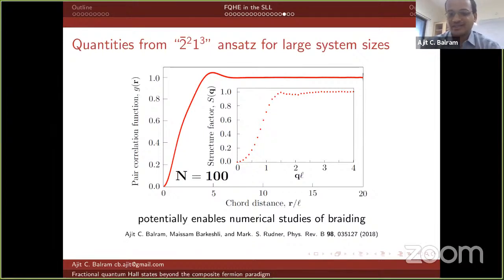So here I show the pair correlation function and the static structure factor for about hundreds of particles. I mean, this kind of calculation can also be done for the Pfaffian, because the square of the Pfaffian is a determinant. But I can go ahead and construct things like quasi-holes and quasi-particles, which you cannot do for the Pfaffian easily. Because if, for example, you want to show that the state carries non-abelian anyons, then you kind of have to create quasi-particles and quasi-holes and then take them around. And the wave function, which you can evaluate for very large system sizes, is quite useful for that, because that allows you to numerically illustrate braiding. Otherwise, in small system sizes, the issue is that these quasi-particles and quasi-holes can overlap, which kind of ruins the